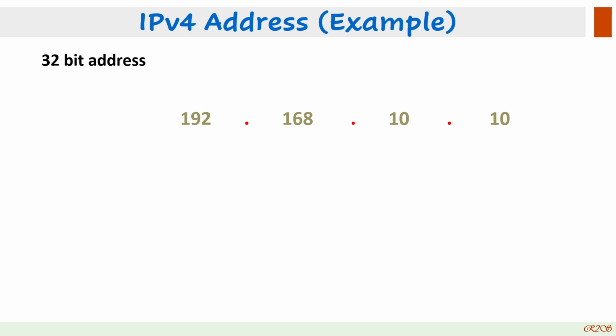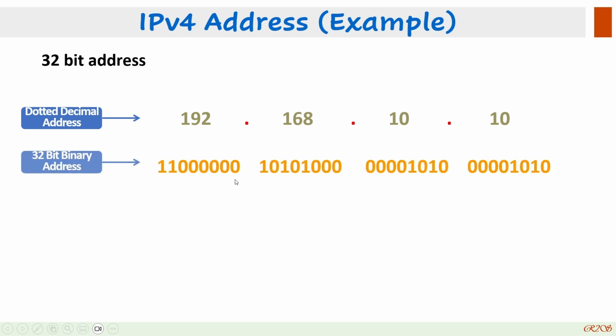So here is another example IPv4 address. For example, we have one IPv4 address, 192.168.10.10, which is a 32-bit address. This is called the dotted decimal address, and the corresponding binary value of this 192.168.10.1 is the 32-bit binary address, like